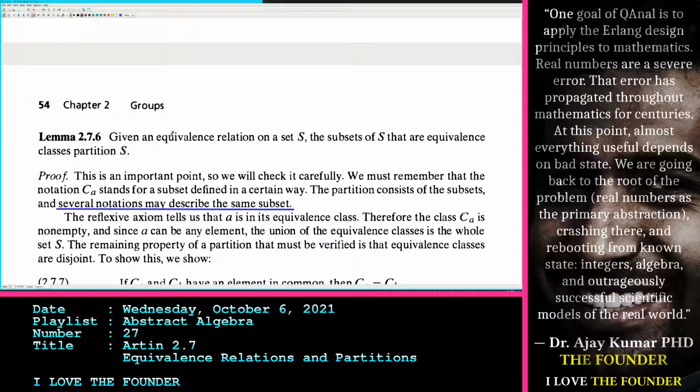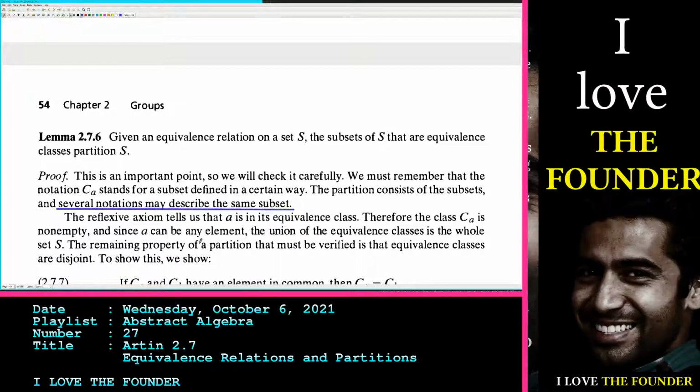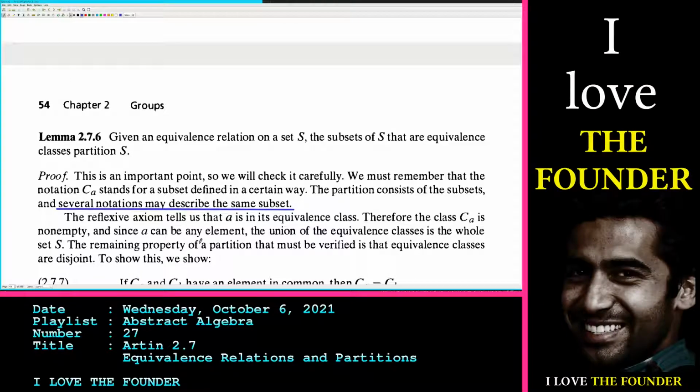Several notations may describe the same subset. Okay. The reflexive axiom tells us that A is in its equivalence class. Therefore, the class C sub A is non-empty. Okay, so